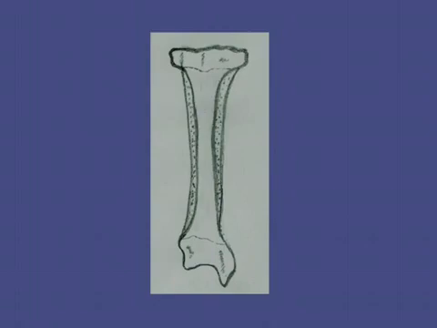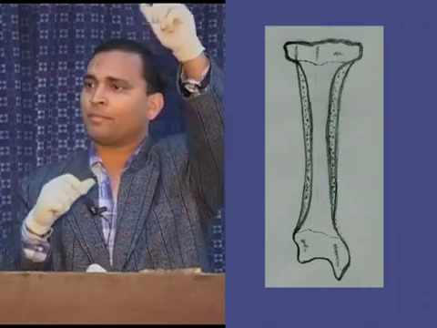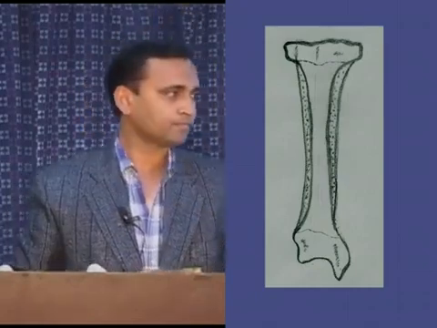Epiphyseal plate in children binds epiphysis and diaphysis. I told you yesterday, when a child is born, the epiphysis and diaphysis are separated, and with the course of time they both unite. But it doesn't mean that both bones are separated. They have some attachment, but not by means of real bone. It is by means of some fibrous cartilaginous joint, and cartilage makes some attachment between the epiphysis and metaphysis.